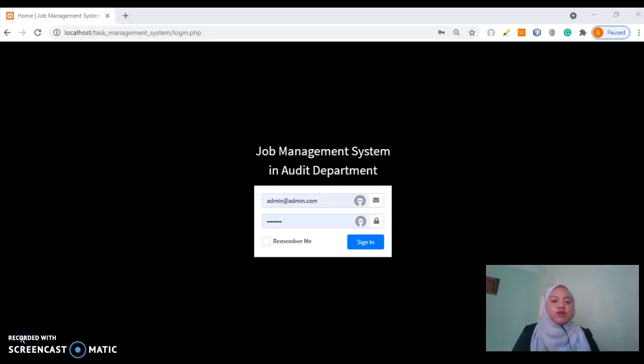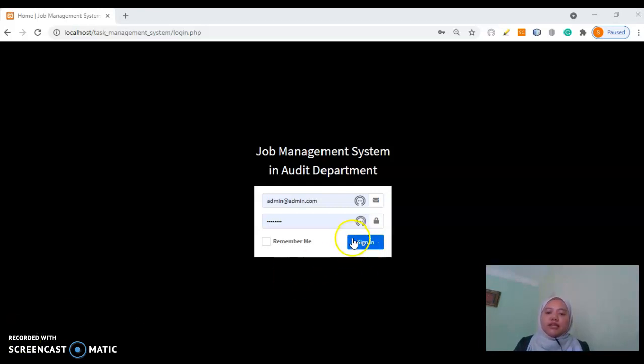This was found to be quite troublesome because every auditor was rushed to keep up with the deadline. Thus, not everyone had enough time to update it manually and then email it back to the managers. With this proposed system, it will help managers keep updated with the job progress in real time. Now, I will proceed with the system.